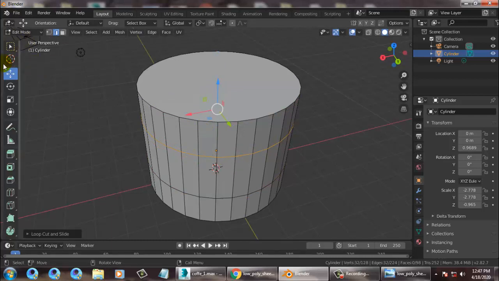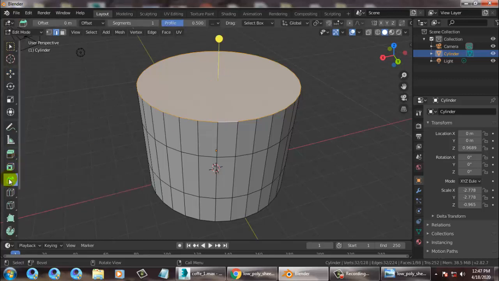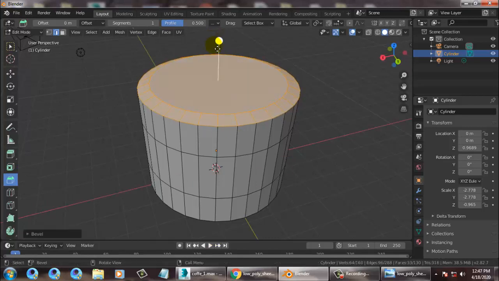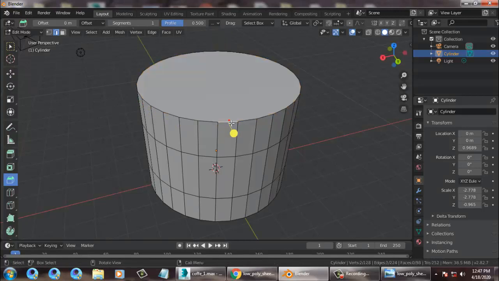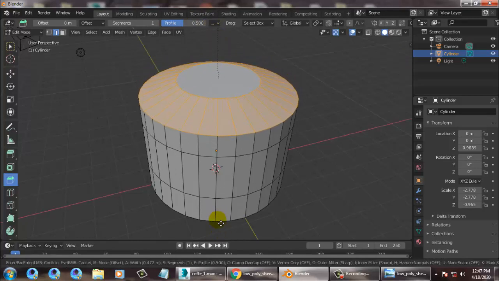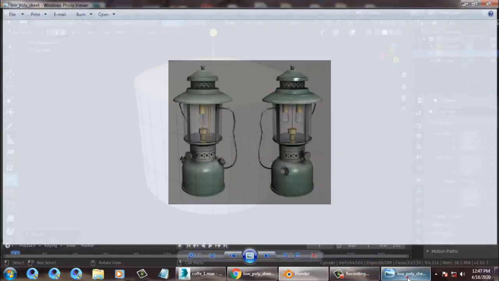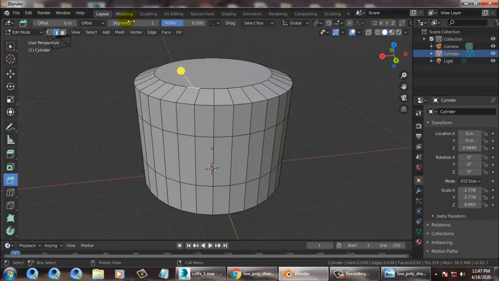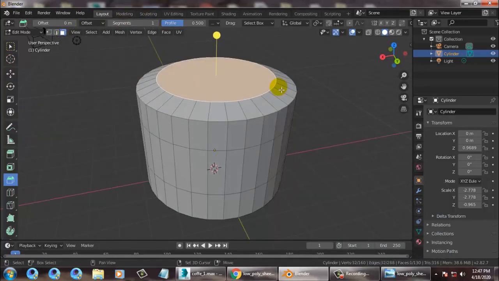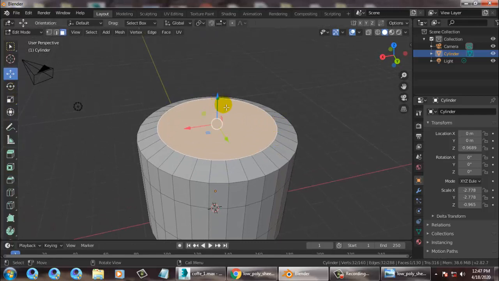After that, let's go into the edge. Just Alt and click on the edge, and there is an option over here, that's a bevel. You can just click on the bevel and you can just bevel it. Alt and click, and you can just bevel a bit. So once you have beveled this stuff, I can just click on the top face, and I can just push this up.